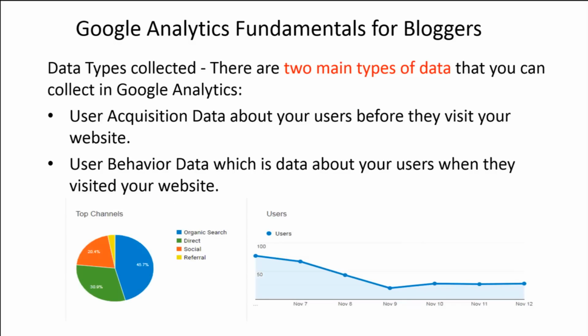Now, what are the data types that are collected? There's really two main types. We have basically acquisition data. This is where data is coming from, who's using it. Basically, it's about how visitors are being referred to your website. That's really acquisition data. Behavior data is more focused on what people are doing on your website and why